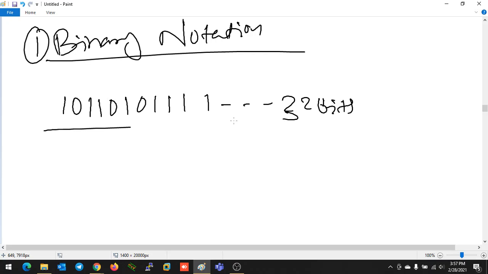But what we are writing, one compiler kind of thing is converting that and sending it to the processor, and the processor is processing the 1010 binary value. So in IP also, to make my machine understand the value of the IP address, the IP address will be in binary notation.